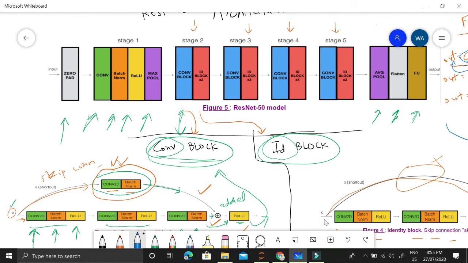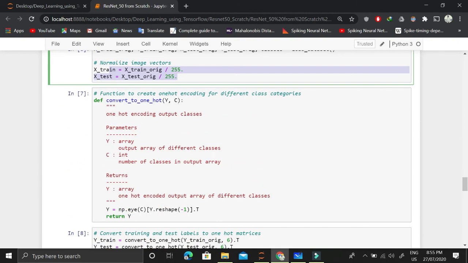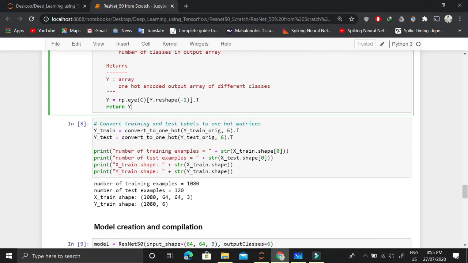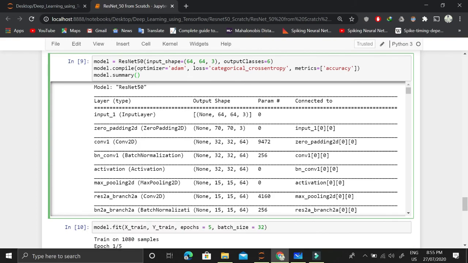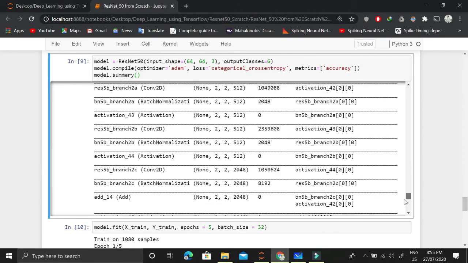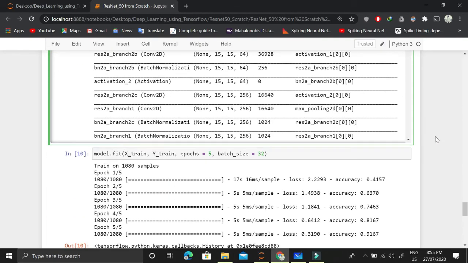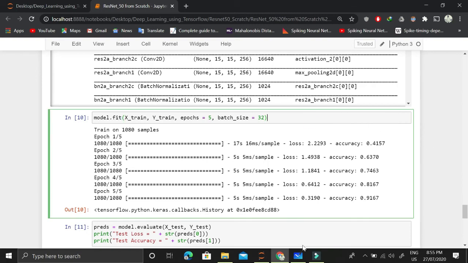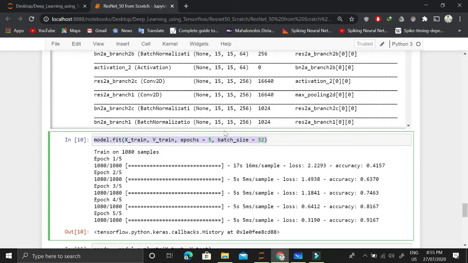Now once we have created the graph, as I have already explained, for implementation purposes we just load the dataset, normalize the dataset, and convert the data to one-hot encoding because we are dealing with multi-class classification. Then we create the model and we compile it, and we look at the summary of it. In the compilation stage we just tell the optimizer, the loss function, and the metric that we want to see. Once we have all that, looking at this summary will make sense, though this summary might be difficult to read. So we can also store this graph, this architecture, and you can find out on Google how we can do it. And in future videos I'll also include that part.